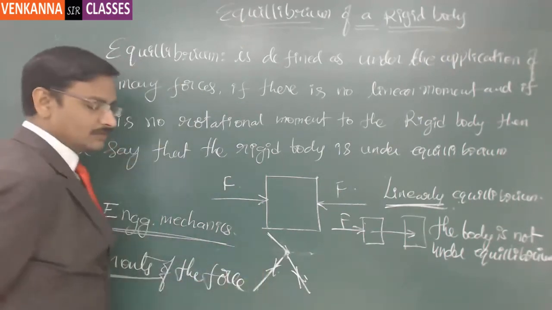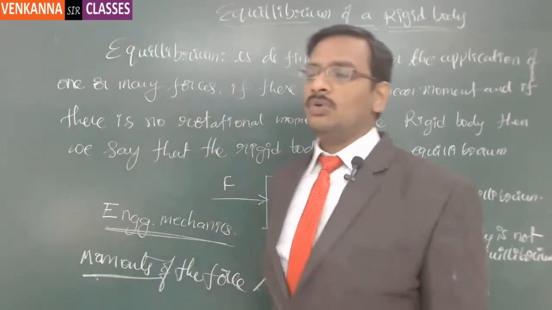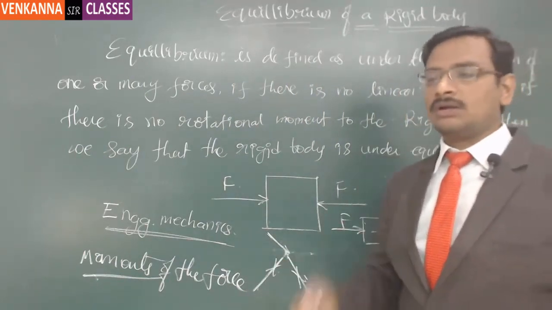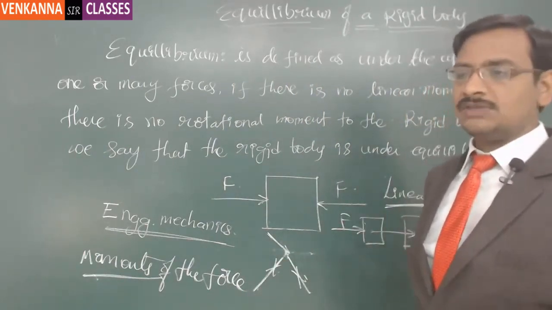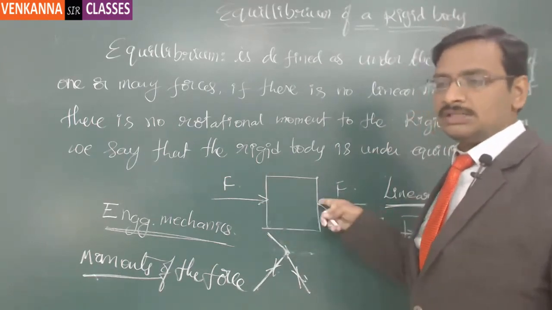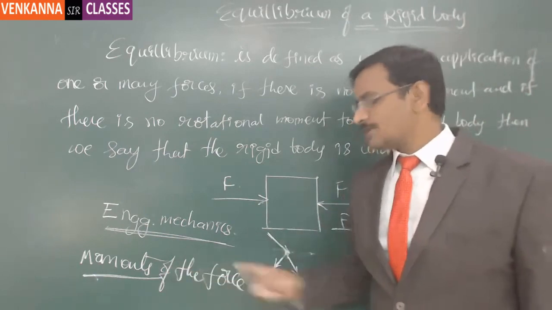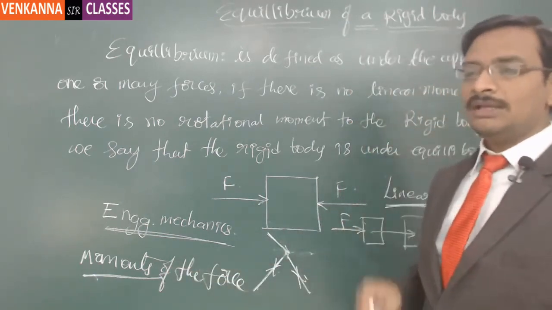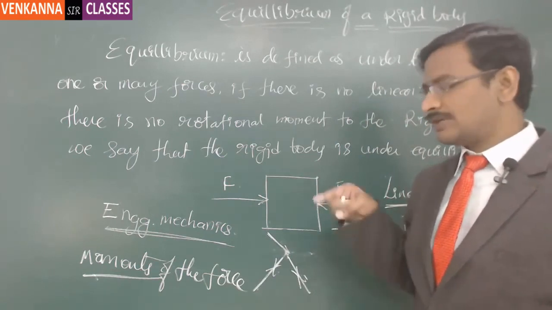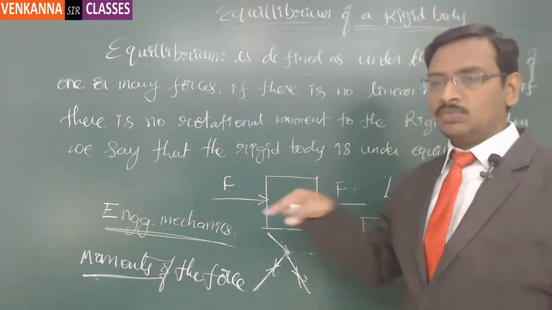So this moment of the force is nothing but, in our general terms of physics, the moment of the force is nothing but the torque. So torque is nothing but the twisting force. Here, linear movement is what force causes. In case of moments of the force, if there is an effective moment, it can cause some circular movement, circular force. So that circular force will try to rotate the body rather than moving from one location